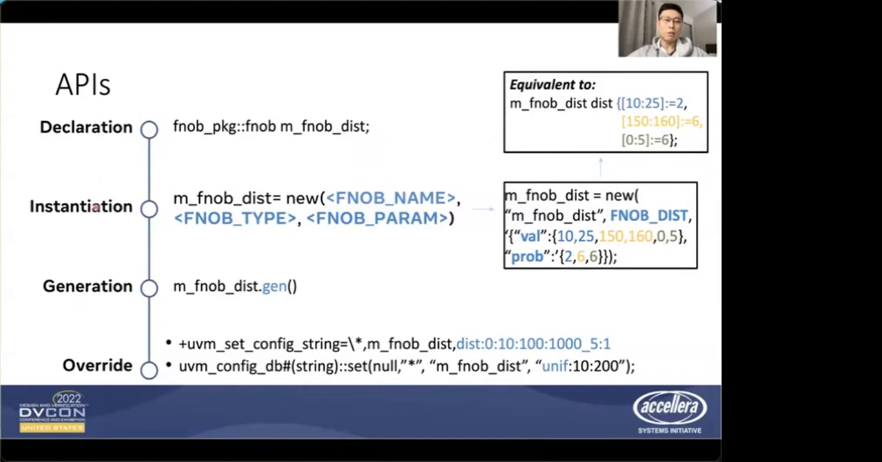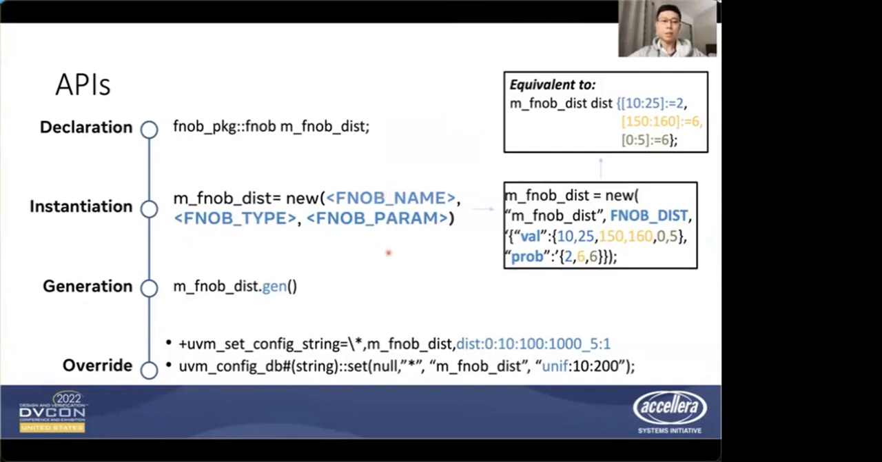Third step, once you declare and instantiate your Fnob, when you want to use it and get a random value out of it, there is one simple API call you need to make, which is the .gen function. This .gen applies to all Fnob types. Regardless of which type of Fnob you are defining, when you need a random value out of it, all you need to do is call .gen, and this will return the random value to you, which follows your defined random type and